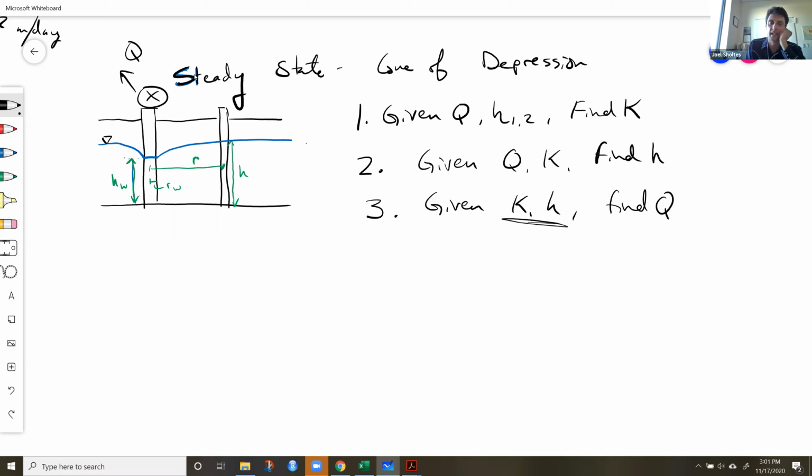So this could be kind of like a rate limiting thing. I know my K, maybe I did a slug test or a pump test and I found K. I say I don't want to draw down more than 1 foot at my neighbor's well, which is 1,000 feet away. How much can I actually pump out? That would be why you do this problem. Or you could say I want to pump out 1,000 gallons per minute. Here's the hydraulic conductivity of my aquifer. How much is it going to draw down my neighbor's well? Does that make sense?